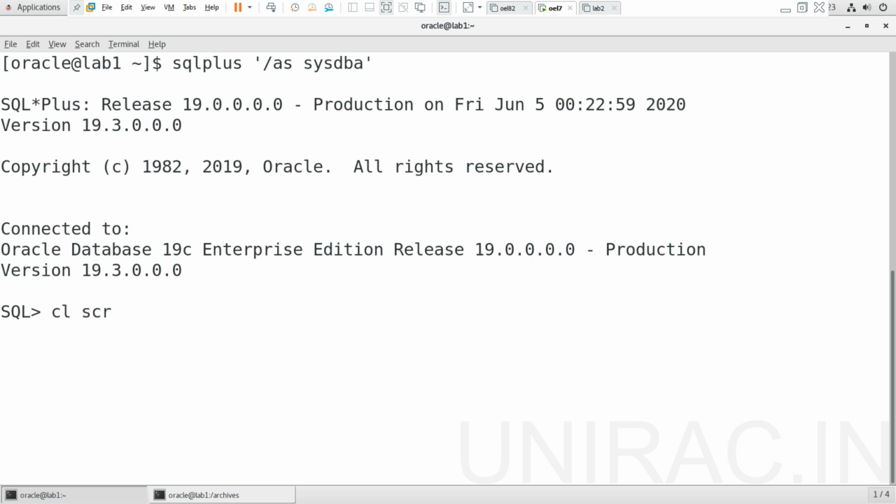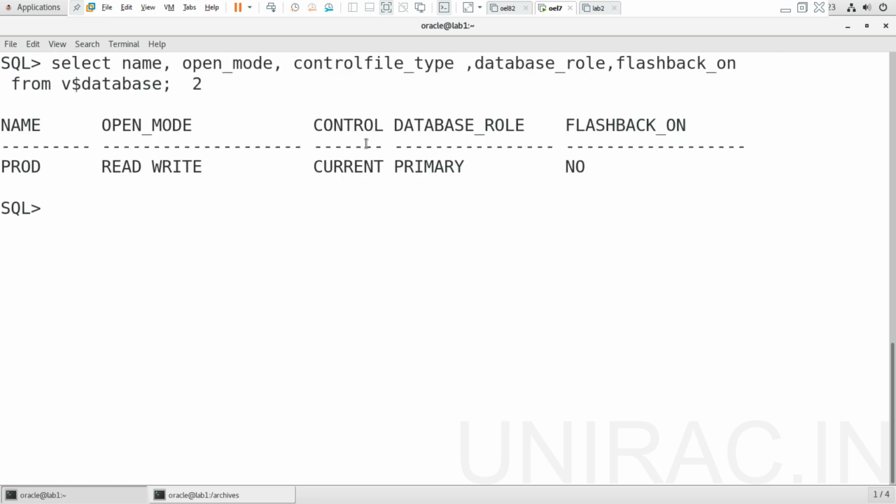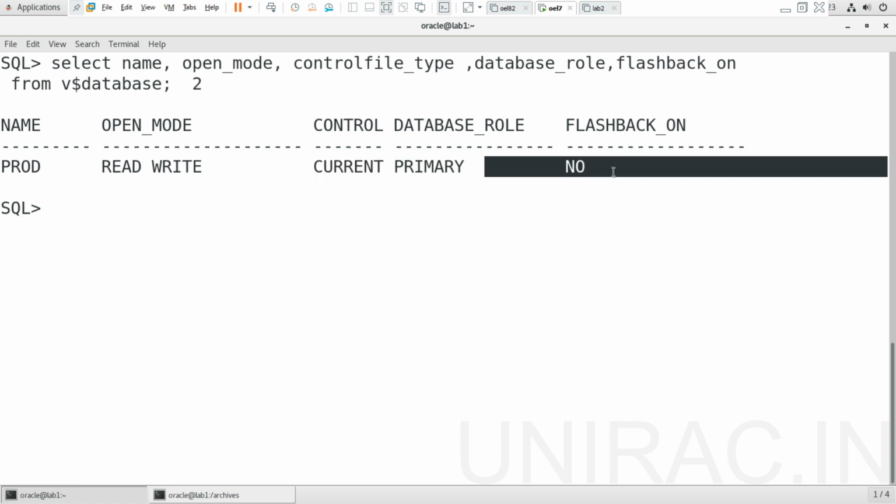Log into your database and verify whether flashback is enabled or not. From v$database, we can check whether it's enabled, the database name, and whether it is primary or standby. It's the prod database, with the name prod, in read-write mode. The current database is in primary role, and flashback is not enabled.